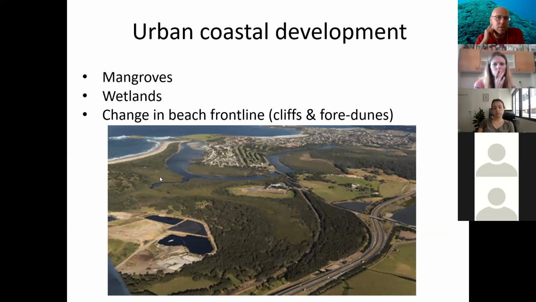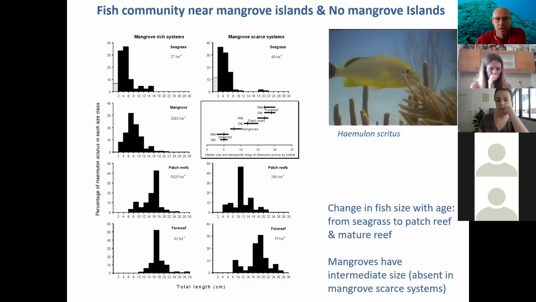And also a change in the dunes right next to the beaches. There's usually a small dune that happens next to the beaches because of the waves. And humans like to change these things, and when they do that, there's an impact on the environment. So there's a contradiction about this. I want to show you this